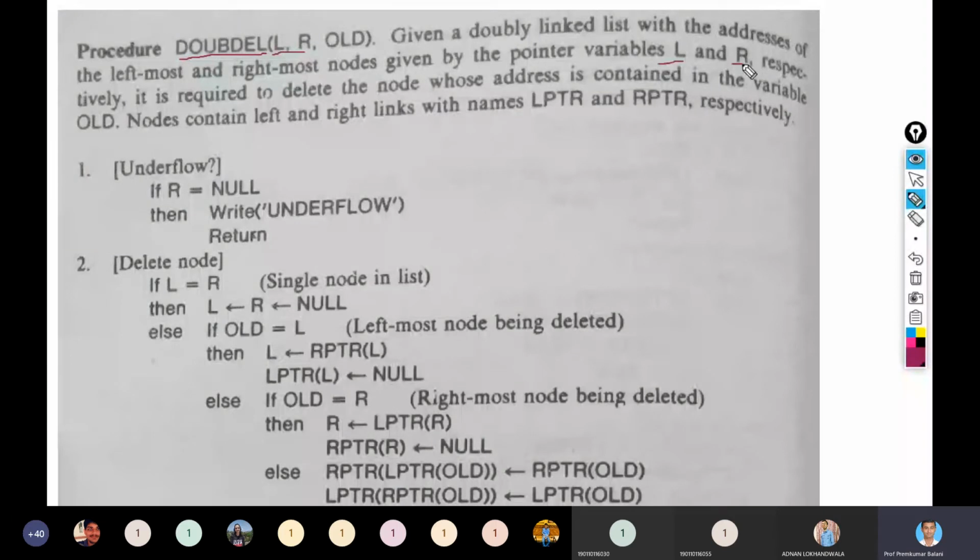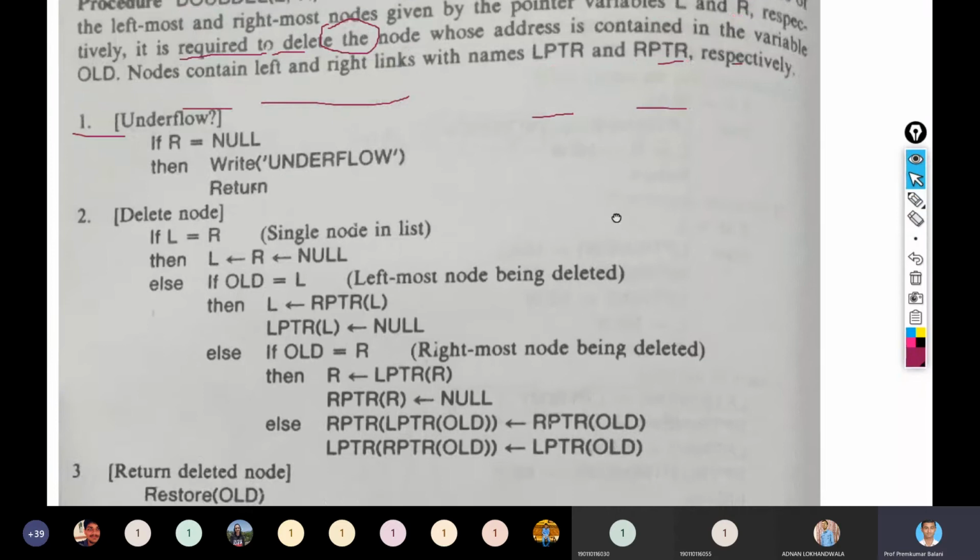L is the leftmost pointer and R is the rightmost pointer. And what is required is to delete the node whose address is contained in the variable old. So we are given the pointer to the node which is to be deleted. Okay, and every node contains the LPTR and RPTR for left and right links. Okay, so let's now go through the algorithm step by step.